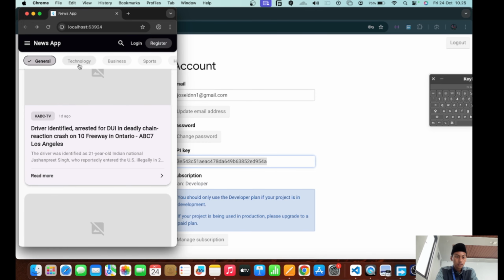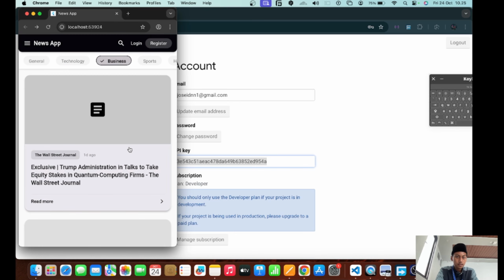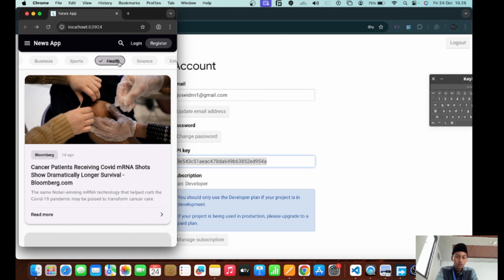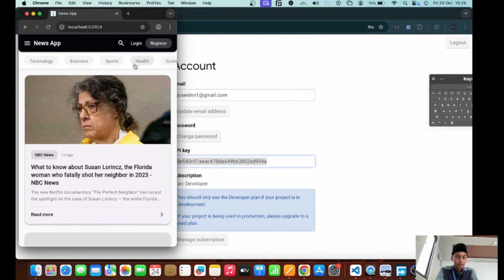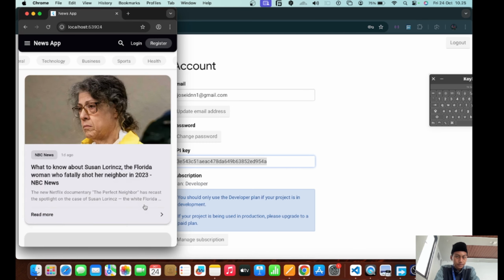There are technologies, and then business, sports, health, entertainment, and others. You can also use categories for your news. There is general, technology, entertainment, and others.